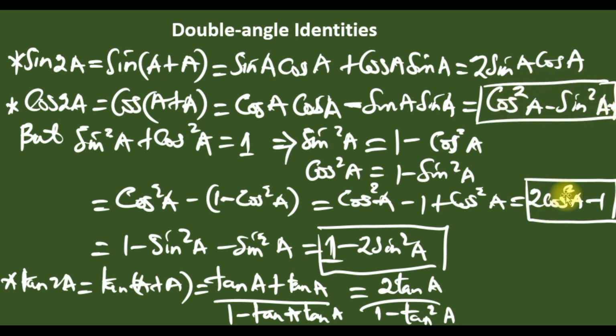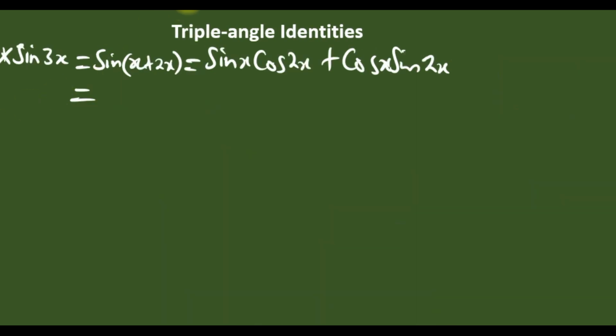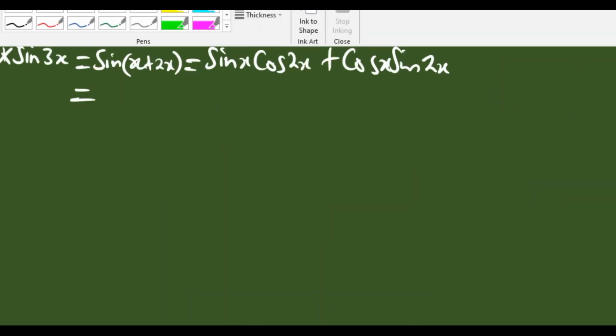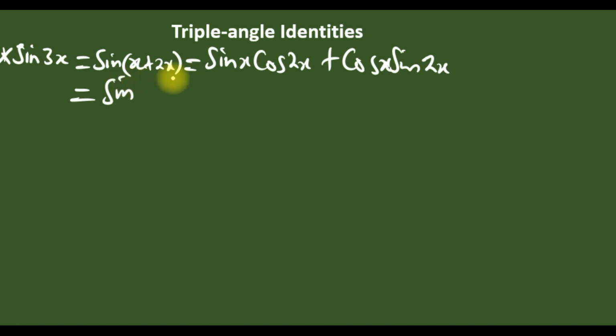We have the first one, the second, and the third. But since we are on sine, we're going to use the identity that has sine only. So cos 2x could be this or this, but we are on sine, so we choose this. So cos 2x is now 1 minus 2 sine squared x from our double identity, plus cos x also from